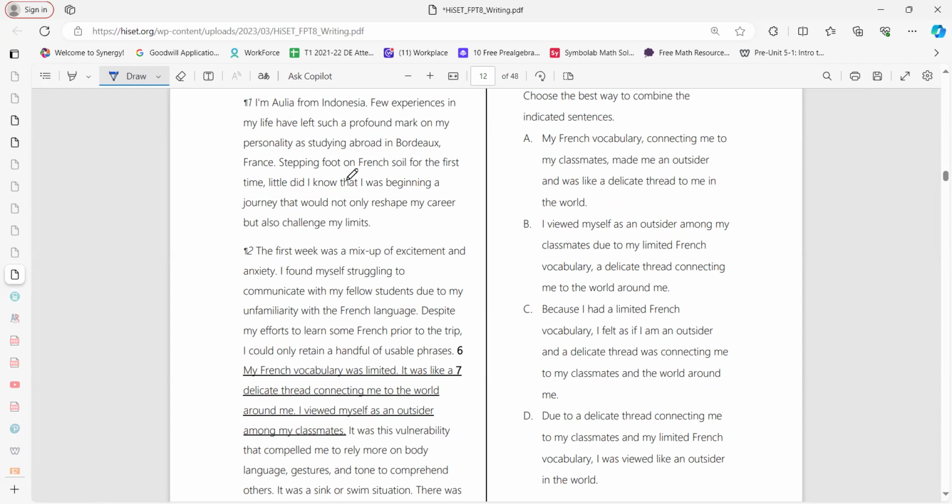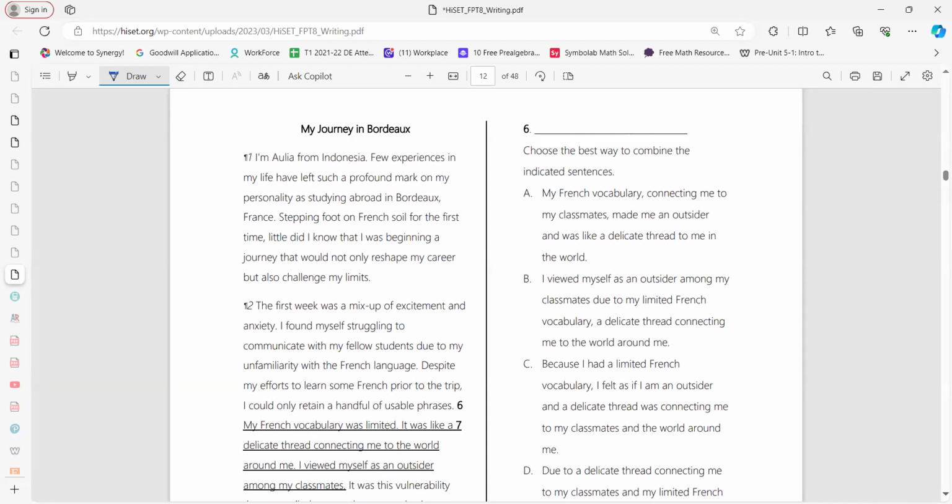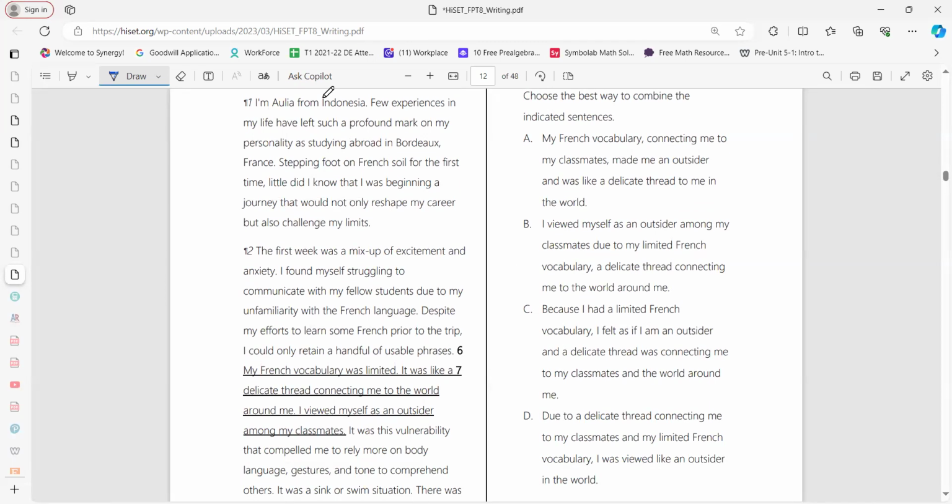All right, I am going to go ahead and read just for now, though, just so we can get some connections here. But this seems to be a story that someone's telling about their adventure. I'm Alia from Indonesia. Few experiences in my life have left such a profound mark on my personality as studying abroad in Bordeaux, France. Stepping foot on French soil for the first time, little did I know that I was beginning a journey that would not only reshape my career,